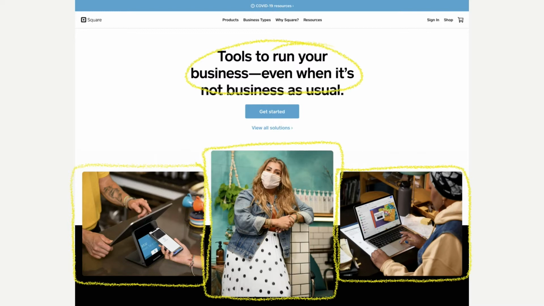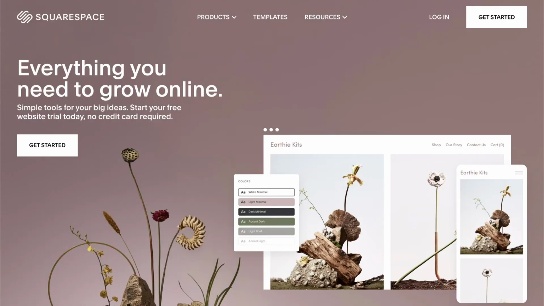For example, in that first photo, we see a customer interacting and purchasing something at a physical location. There's also a clear call to action with the Get Started button or the secondary button underneath to view all solutions.